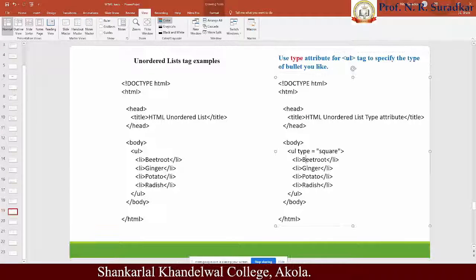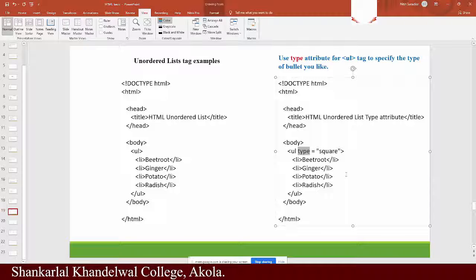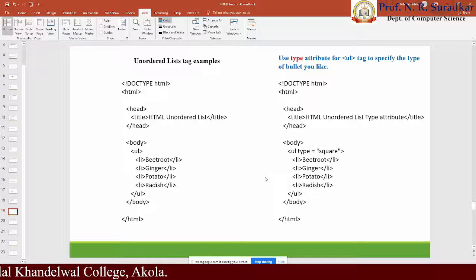In this program, the value is square, and this type attribute has to be enclosed within the starting unordered list tag. The unordered list tag comes with an opening tag and a closing tag, or starting tag and end tag.